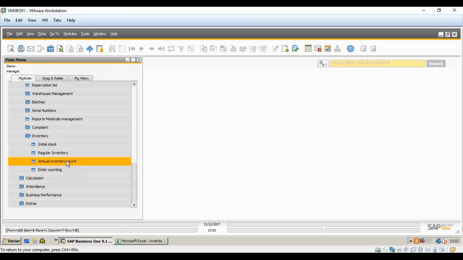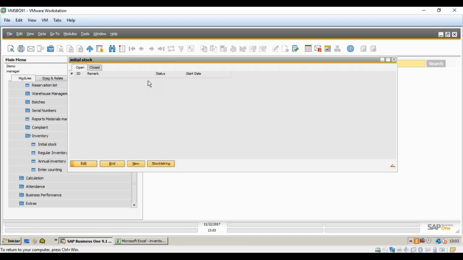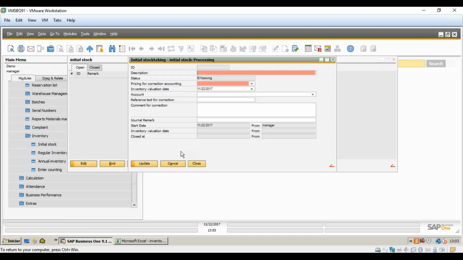Basically, we have three functions for inventory counting. We have initial stock, regular inventory, and annual inventory count. The differences are the following. Initial stock is used when you are first implementing Beas and you want to load the initial inventory for the customer. So here in initial inventory, when we click on new and create a scenario